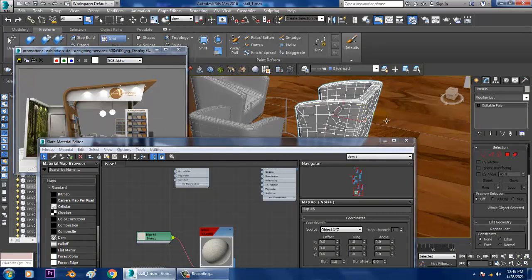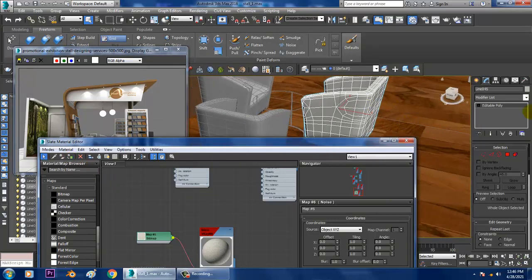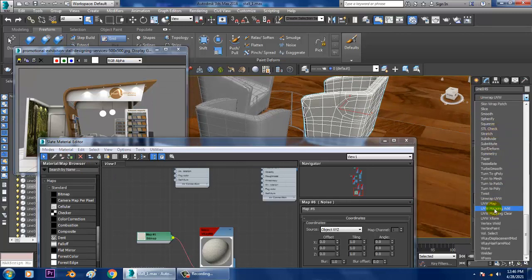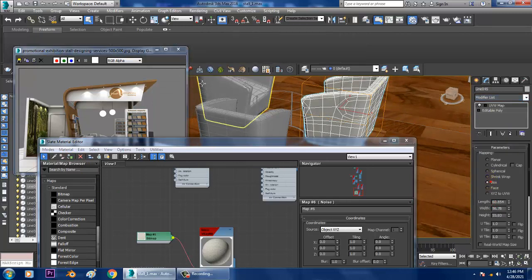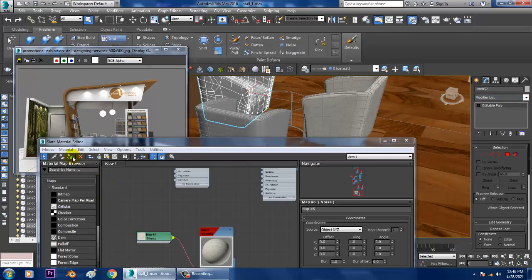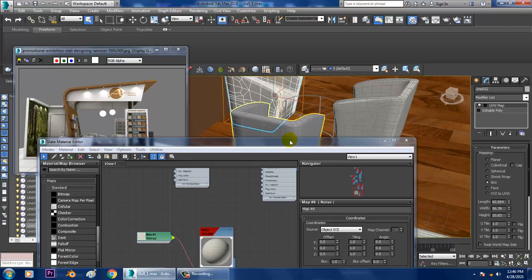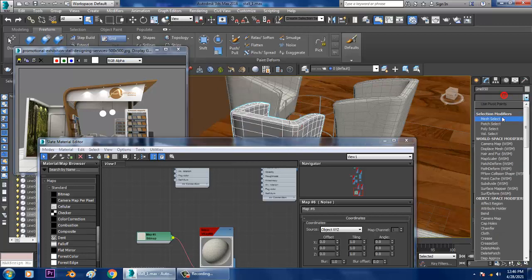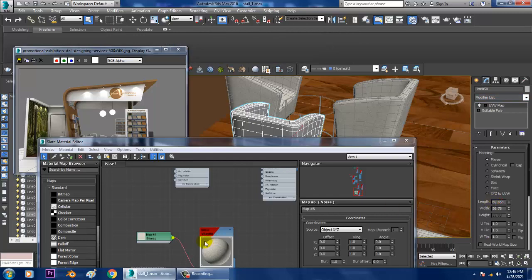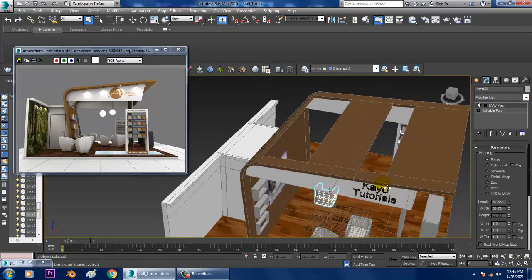So this is going to be the same for all. Either you can copy it or you can just give it the way as I'm giving right now over here. So UVW map, assign it.